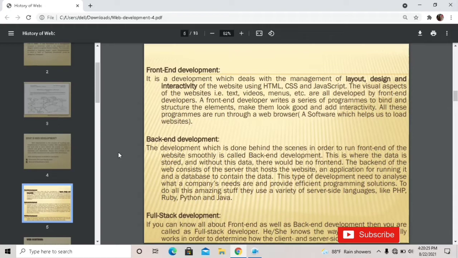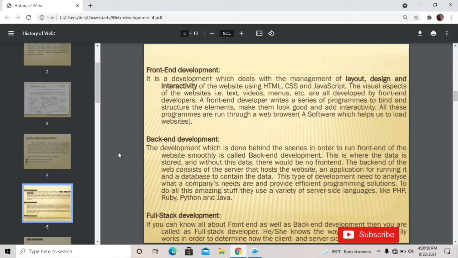So the back end of the web consists of the server that hosts the website, an application for running it, and a database that contains the data. Without this, the programming solutions can't be run properly. For this, it requires server-side languages like PHP, Ruby, Python, Java, etc.